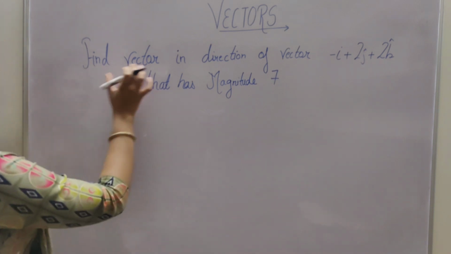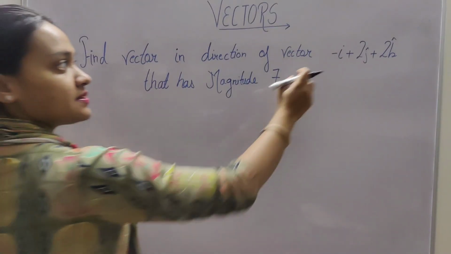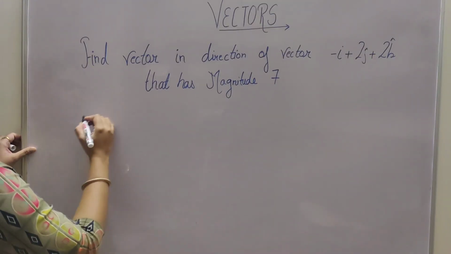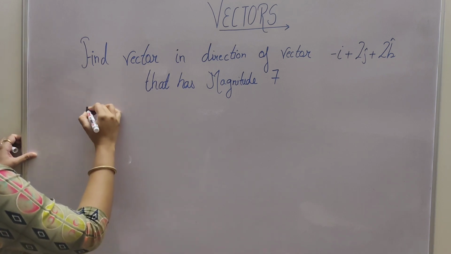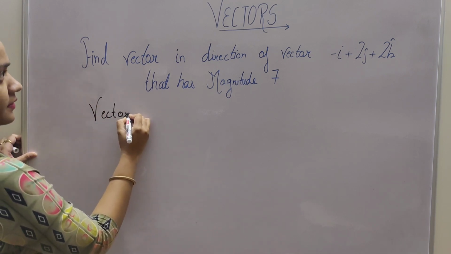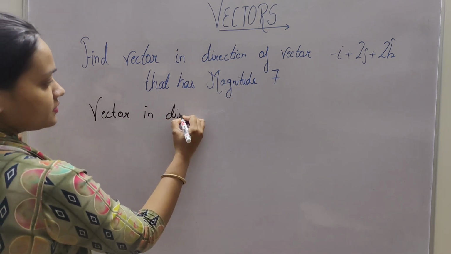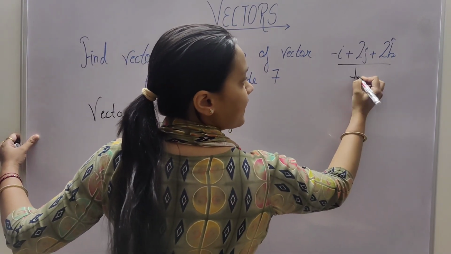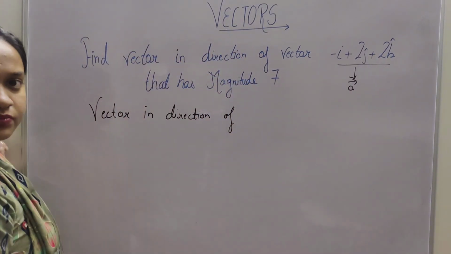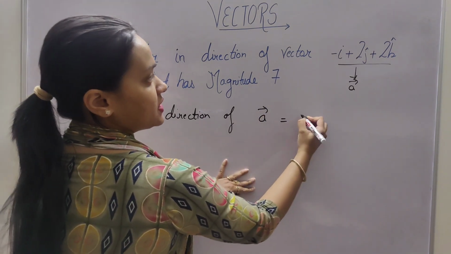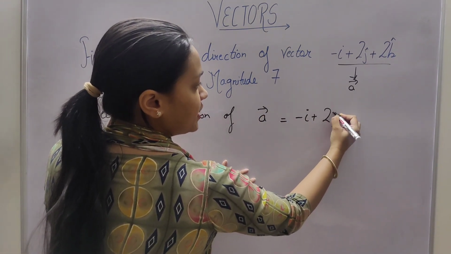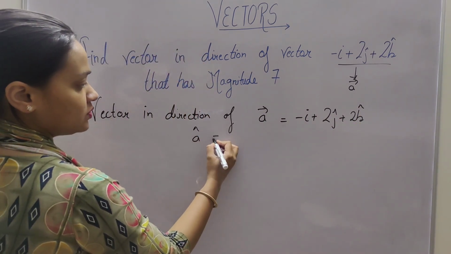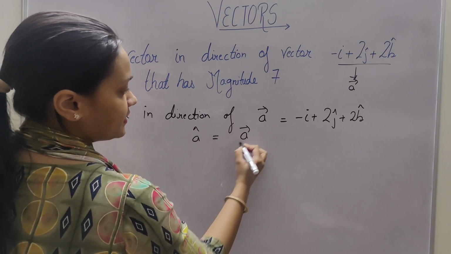So students, our next question is find vector in direction of vector, and the vector is minus I plus 2j plus 2 of k that has magnitude 7. So again we are going to apply the same formula. Vector in direction of, let's suppose we are taking this vector as A, this name A vector, which is minus I plus 2j plus 2 of k. A cap is equals to A vector upon